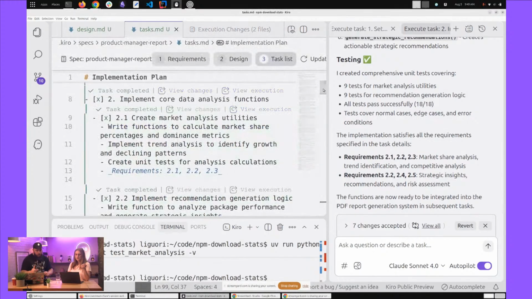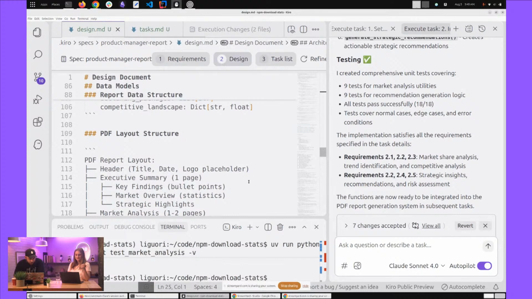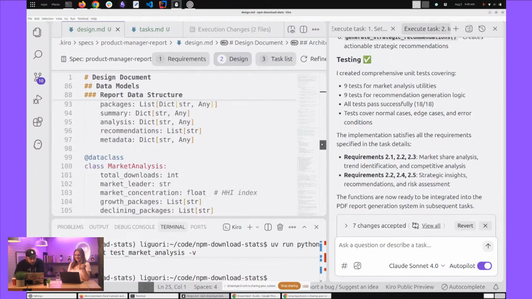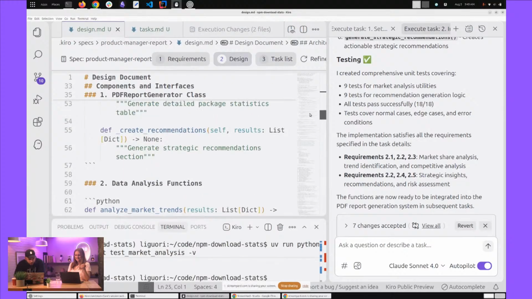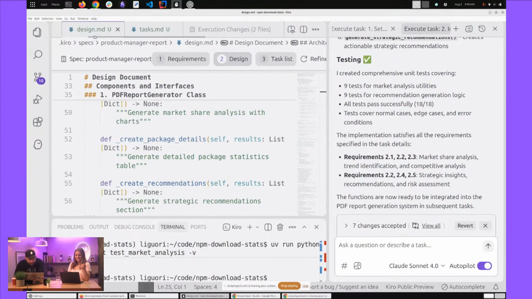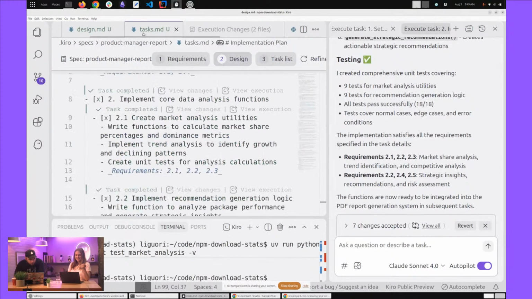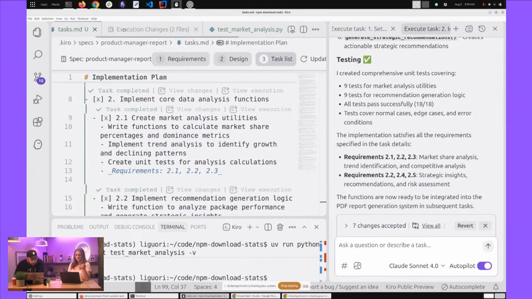So this one's completed. Can you go to your design doc? It feels like it understands what requirements are, or actually maybe the requirements doc. Does it have some sort of... no? Go to the requirements doc. Does it have 2.1, 2.2, 2.3? The task list? No, you can literally go to the requirements thing. It's just at the bottom. That one. Yes. Thank you.